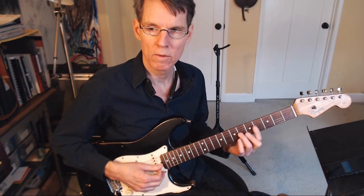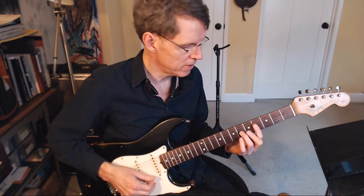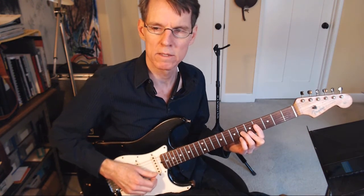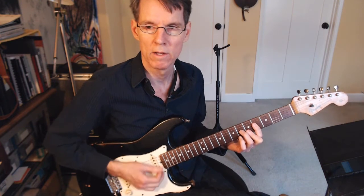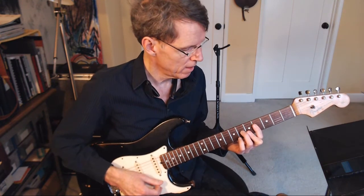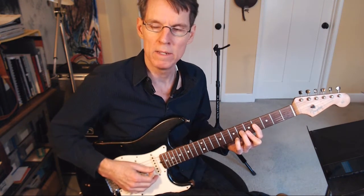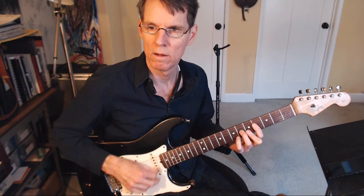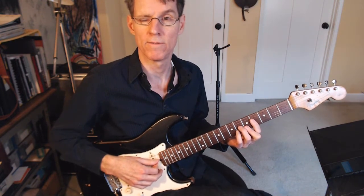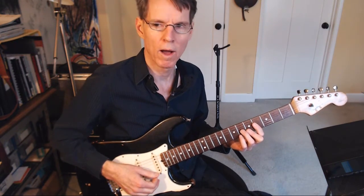And this is with the 2nd finger barring the top 2 strings. If you're not used to that, it might take some practice. Try to do it every day until your finger will lay down like that for you. It took me a while. So then you're going to use the pinky to add B on the top to make it F sharp minor 11 there. Or F sharp minor 7 sus4, you might want to call it. And now we're down here